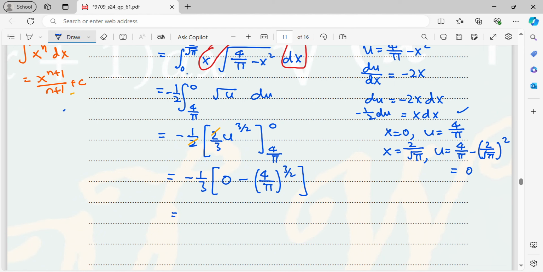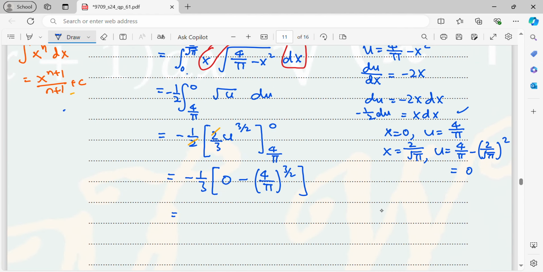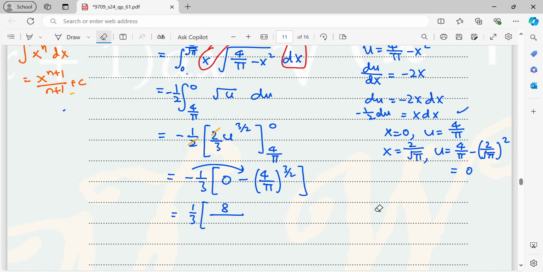Then now we need to prove this form: 8 over 3 square root of pi cube. So here, minus this, minus 1 over 3 times minus, it will be positive 1 over 3. Now 4 to the power of 3 over 2 is basically 8. Then the 3 over 2 bring in, because basically it is like this. So I will get